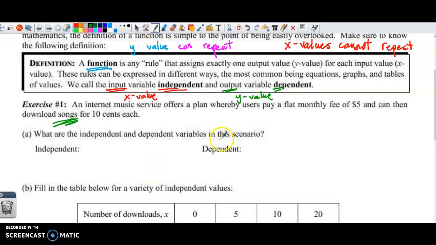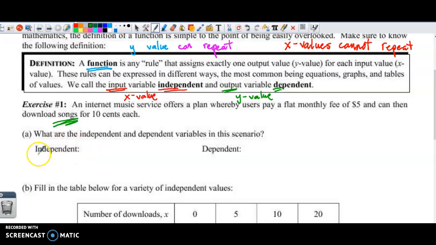So I know sometimes this could be confusing, but what I'll do sometimes is determine that the independent is, if you were trying to make a graph of this situation, which one is on the x-axis,